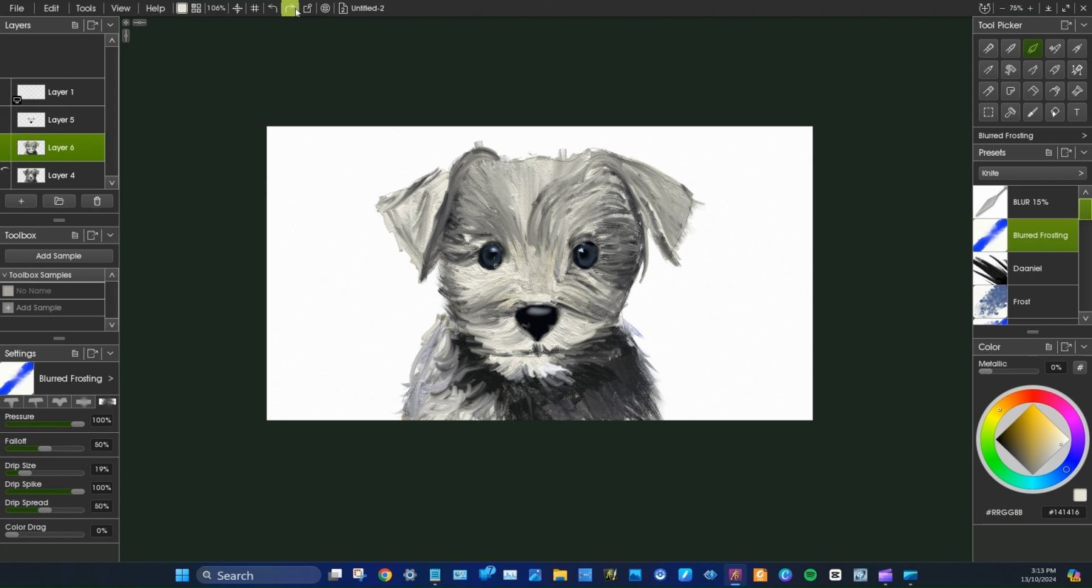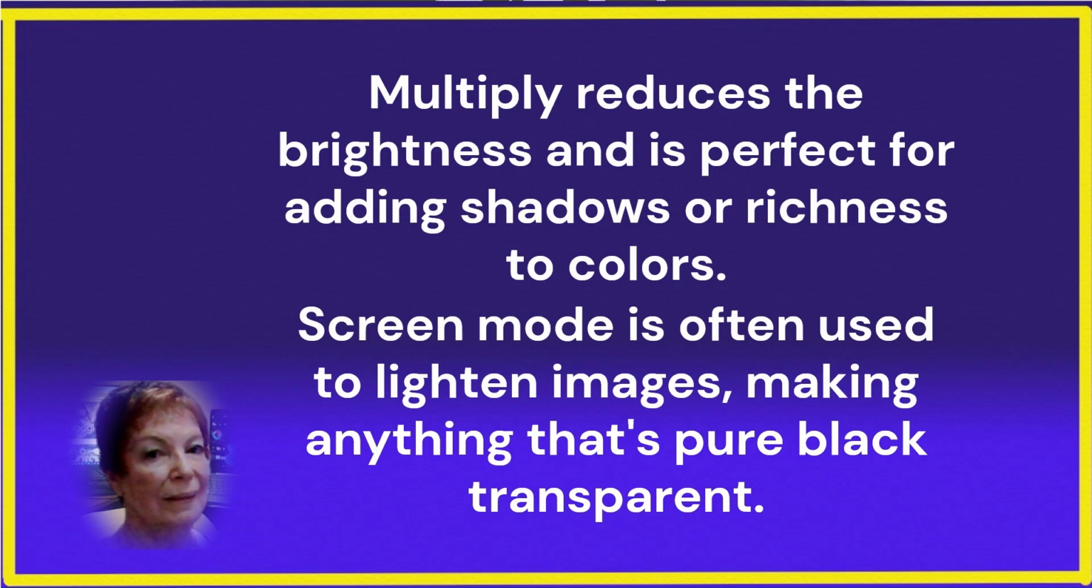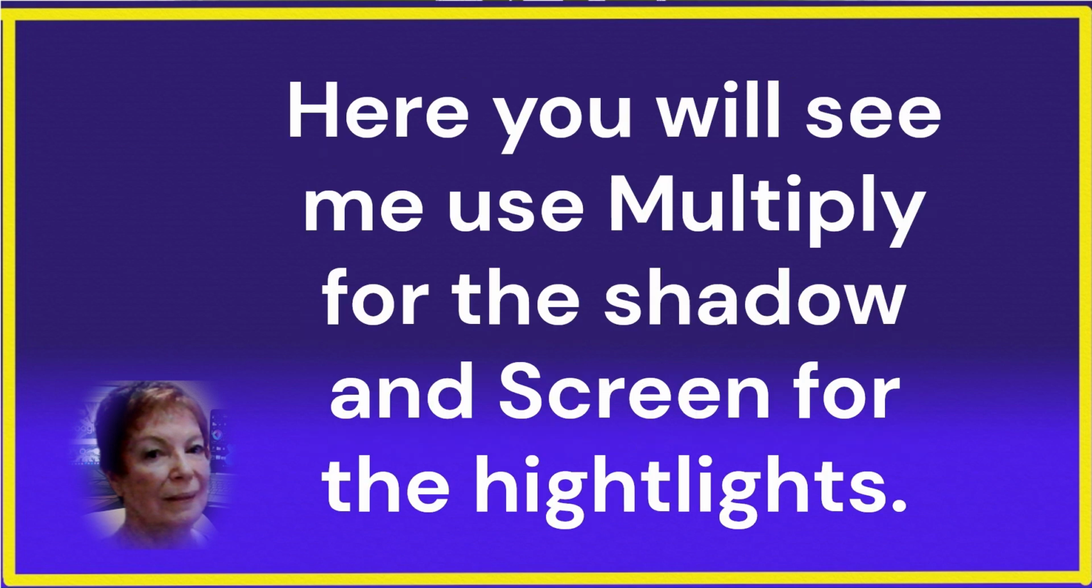Multiply reduces the brightness and is perfect for adding shadows or richness to colors. Screen mode is often used to lighten images, making anything that's pure black transparent. Here you will see me using multiply for the shadows and screen for the